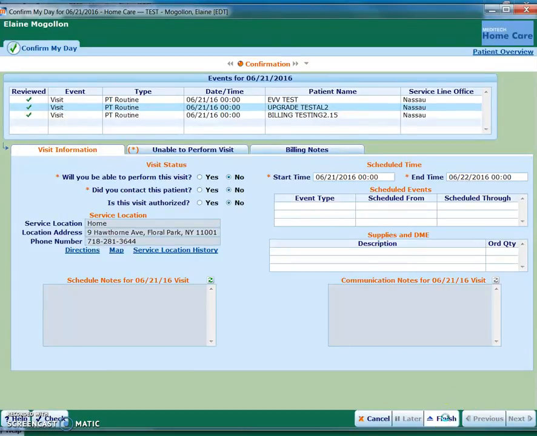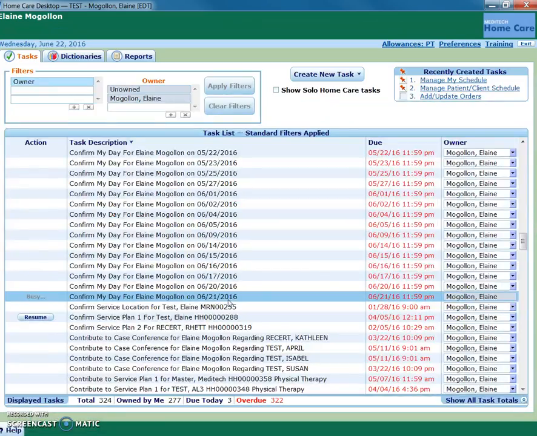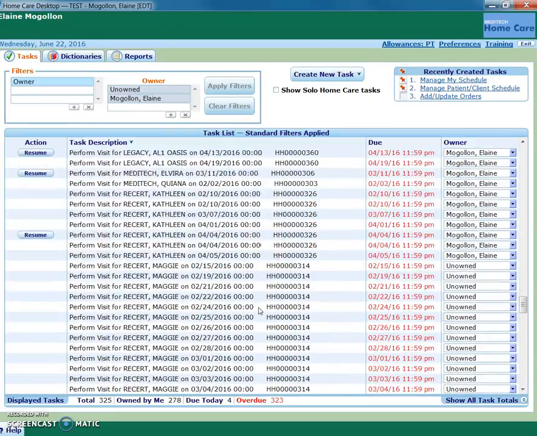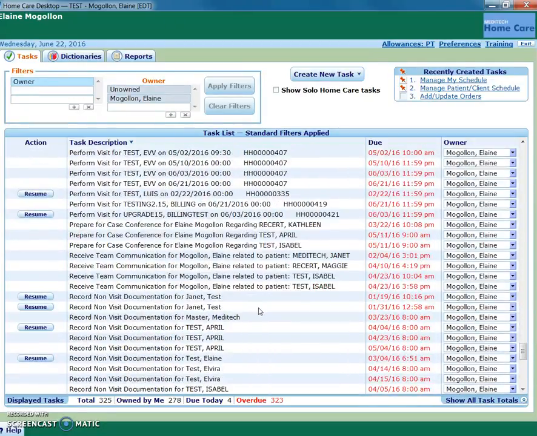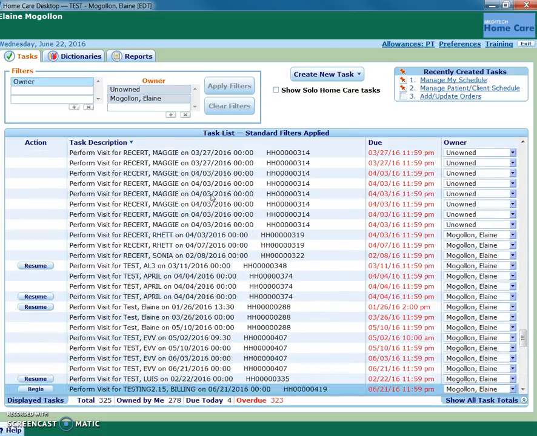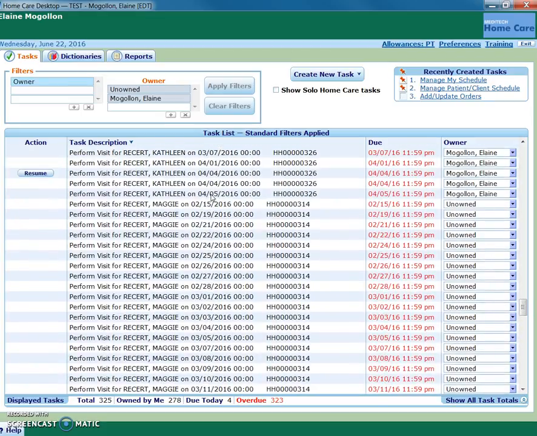And once I hit finish, my one Confirm My Day is going to turn into 2 Perform Visit tasks. Sorry, I have an extremely long line of incomplete documentation and test. So now I have 2 Perform Visit tasks for the 21st. I have one for test billing, and then I have another one for that other patient. So once you hit confirm,